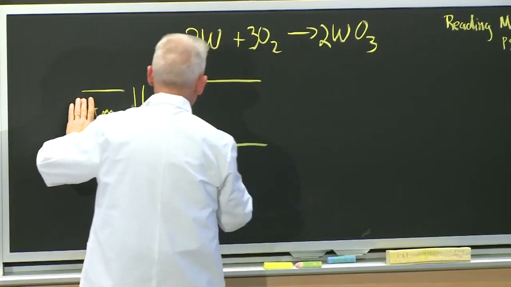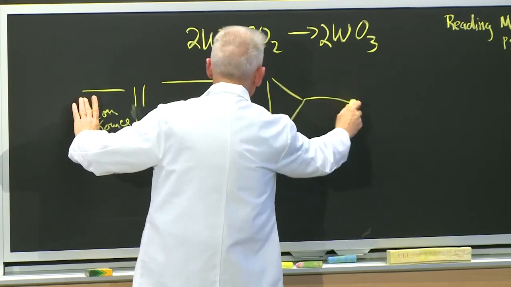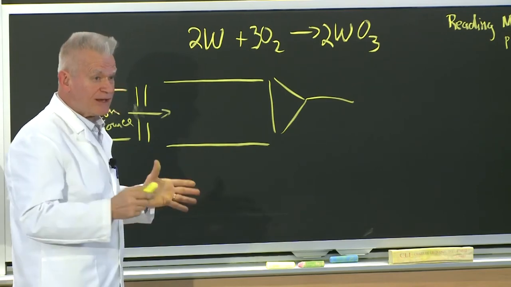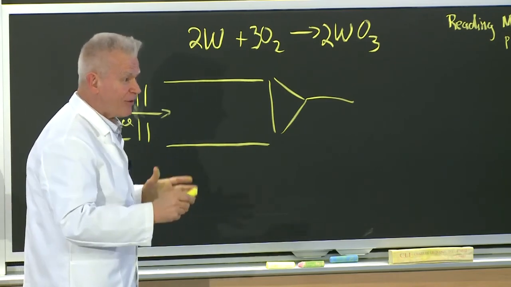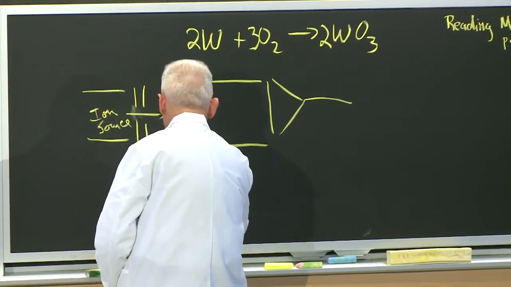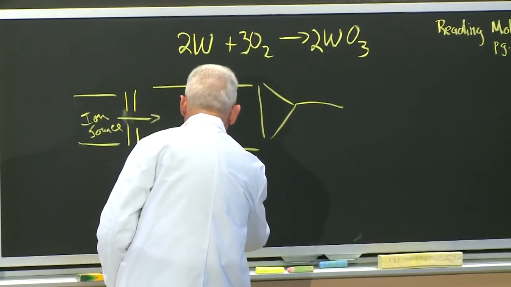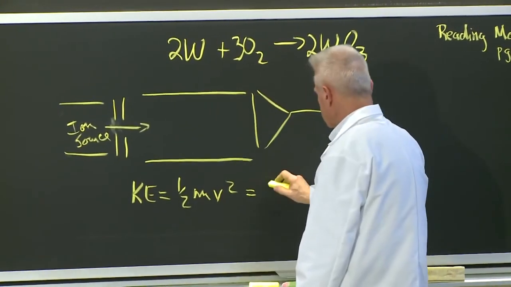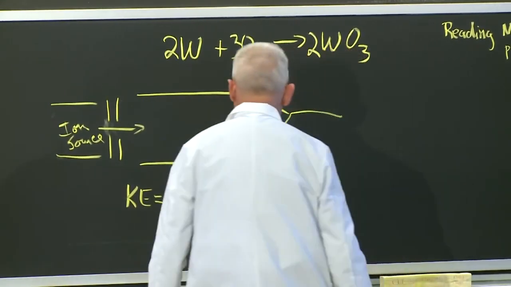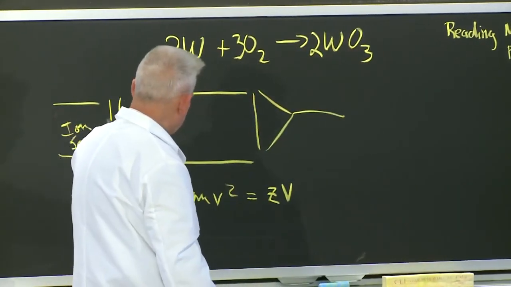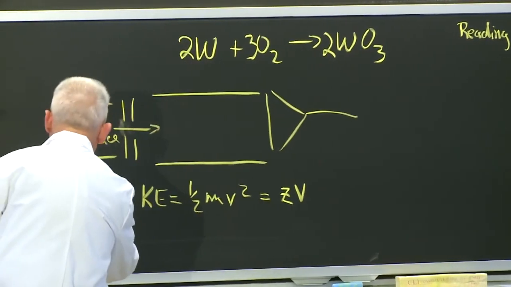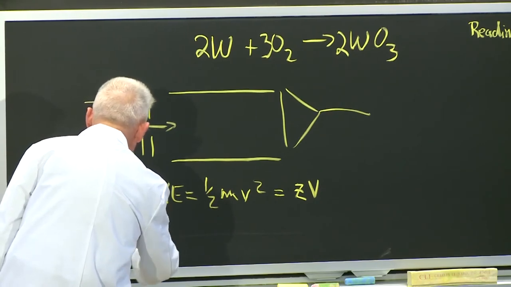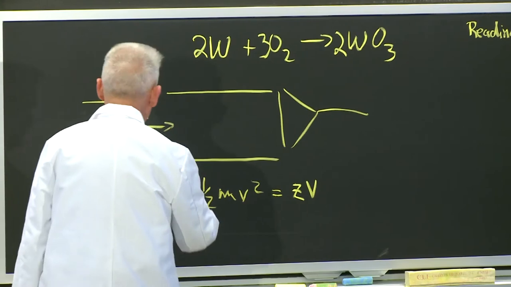But then they get shot out into a flight tube. And they get shot out at the same kinetic energy, all the ions that are going in there. And kinetic energy is equal to 1/2 mv squared, which is also proportional to the charge times the voltage when they're being shot out. So if you look at the kinetic energy, you can see that the velocity is the square root of 2 times the kinetic energy divided by the mass. So that means that,